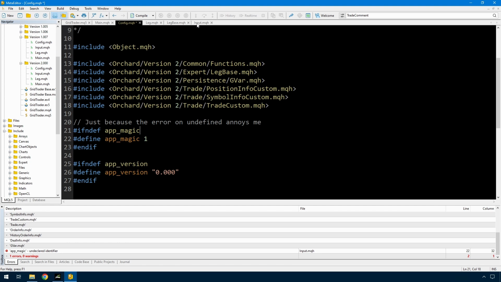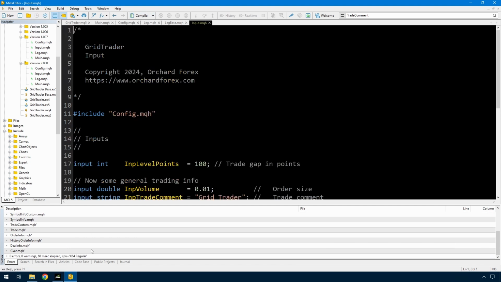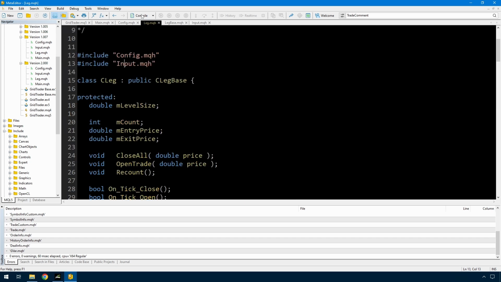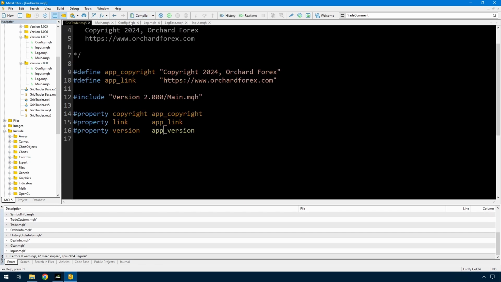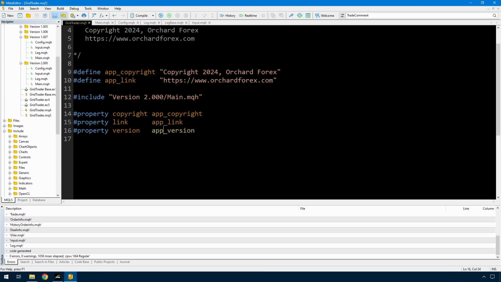And now I can go to input. I can compile that and the error is gone. I can go to leg, compile that and the error is gone. And in GridTrader. Okay, so that's all of the